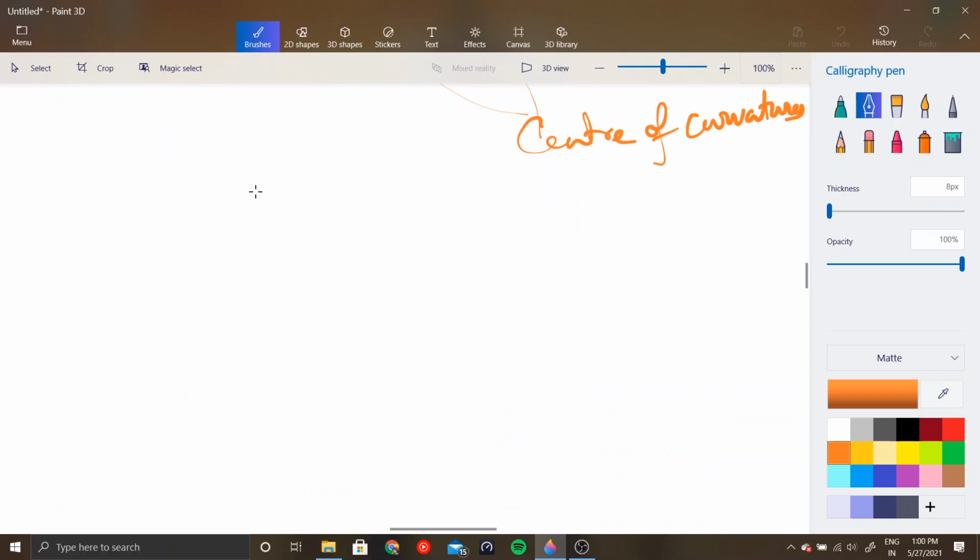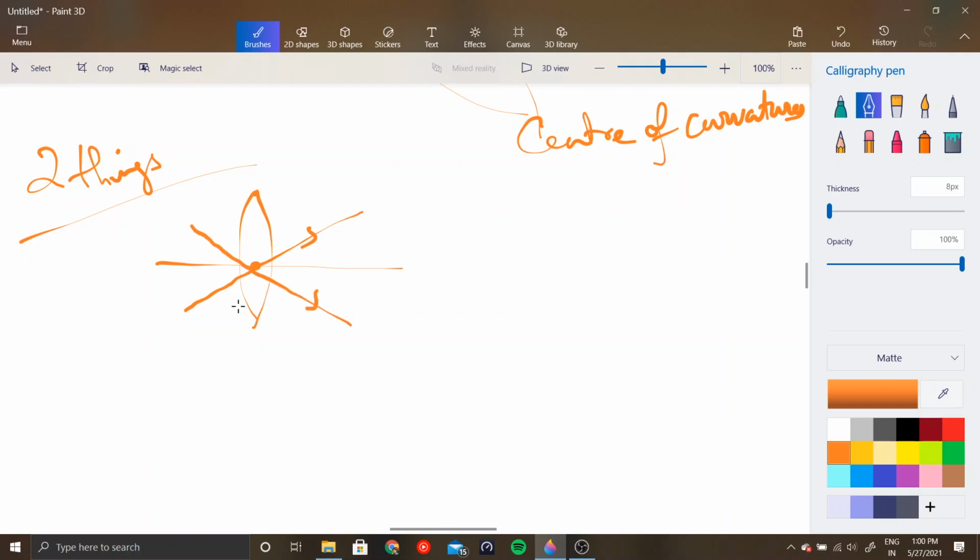What we observe in a lens. So this is basically a lens, and you need to remember two things about this. A ray of light that passes through the optical center goes undeviated, no matter what angle. If it passes through the optical center, it will always go undeviated. Ray passing through optical center: undeviated.